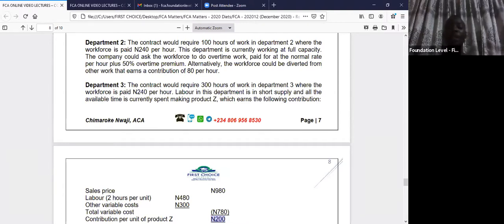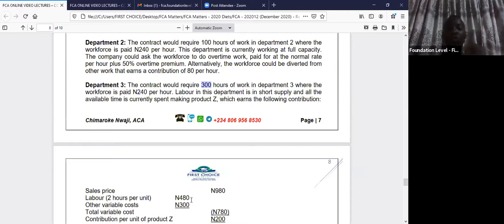Now that's significant. If you want to tell them to come and do 300 hours of work, and you don't want to go and hire employees outside, you are telling them that they must stop the production of product Z,